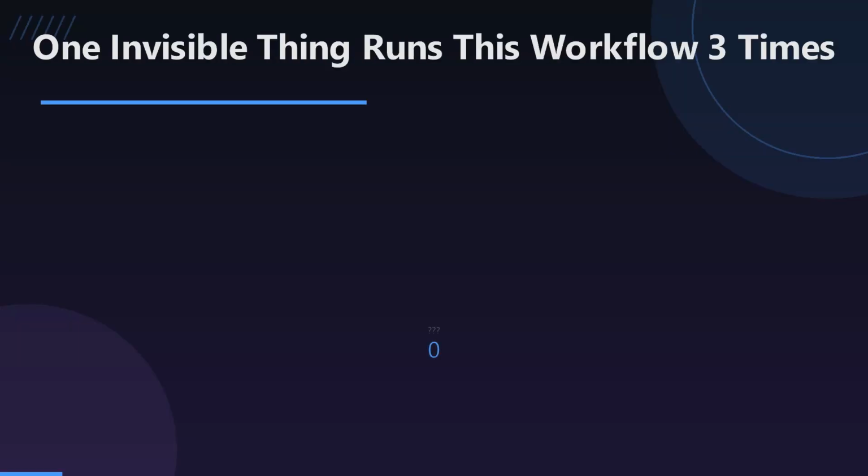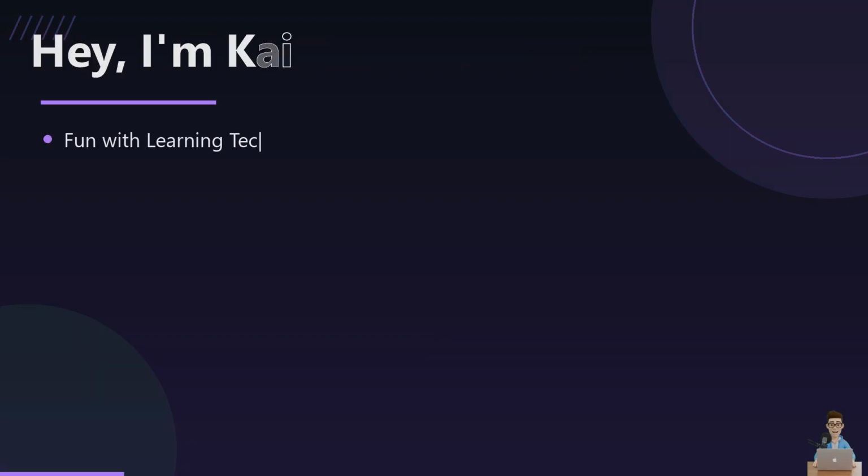One invisible thing just crossed this wire, and it made the next node run 3 separate times instead of one. What is it? Let's find out. I'm Kai, and this is Fun with Learning Technology, where we open the hood on the tools everyone uses but nobody explains. Today's question: what actually flows between two n8n nodes, and why does it decide how your whole workflow